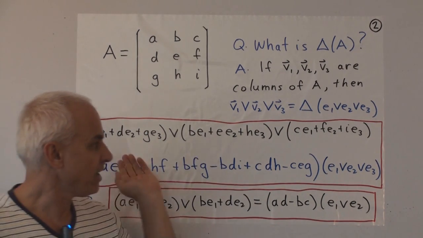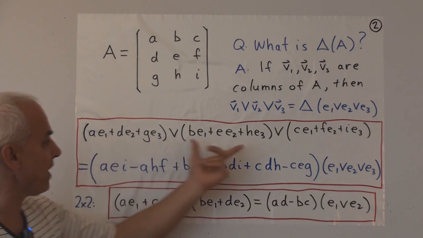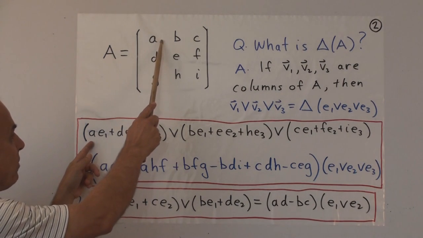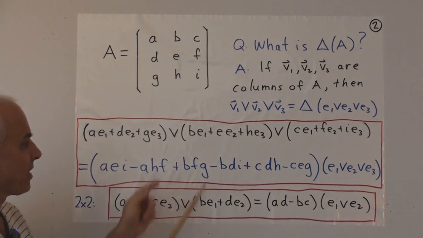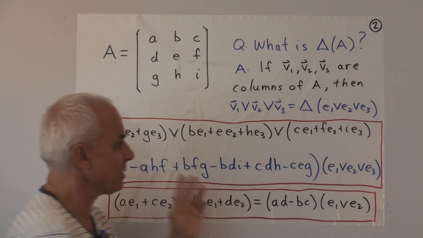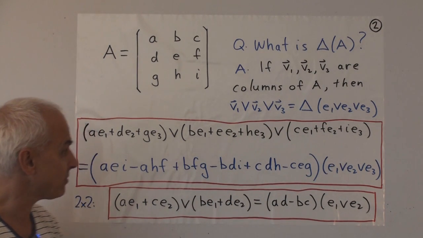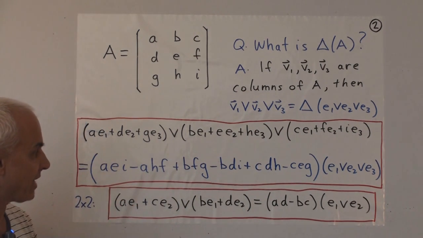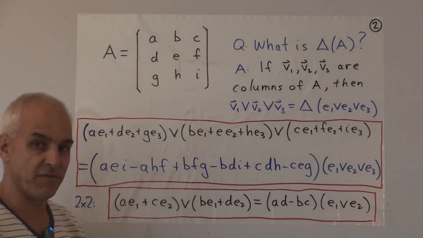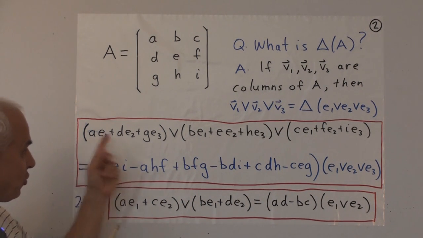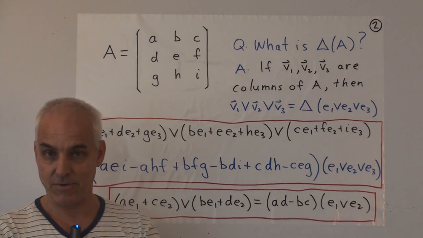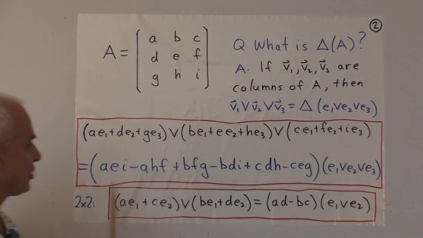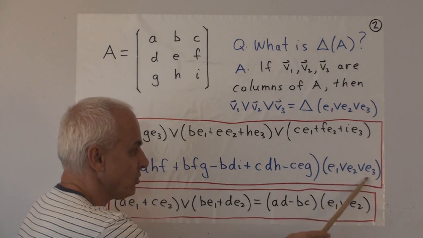And to compute it, here's what we do. We have a look at the 3 vectors V1, V2, V3, these 3 columns. So here's the first one, A E1 plus D E2 plus G E3. There's the second column, the third column, expressed in terms of our standard basis vectors. And let me remind you how this wedge product works, that it's linear in each one of the variables. And if any 2 of the vectors are the same, then it becomes 0. So we saw in an earlier video how to expand this out to get this multiple times E1, E2, E3.